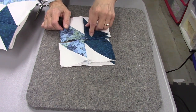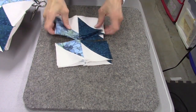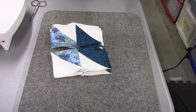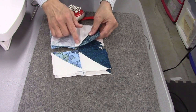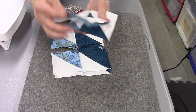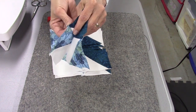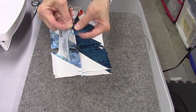Now we need to sew these two rows together so that we have a quadrant. So we're going to go ahead, and now we have to match these points. So we're going to get out straight pins, and if you look you can see where the stitches cross here and on here, so we just need to match those up. So we're going to put a pin through the tip where they cross here, so it comes out at the point of that triangle, and put it through the point of this triangle,